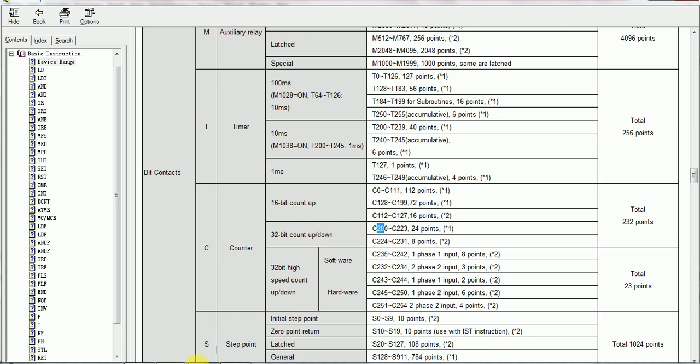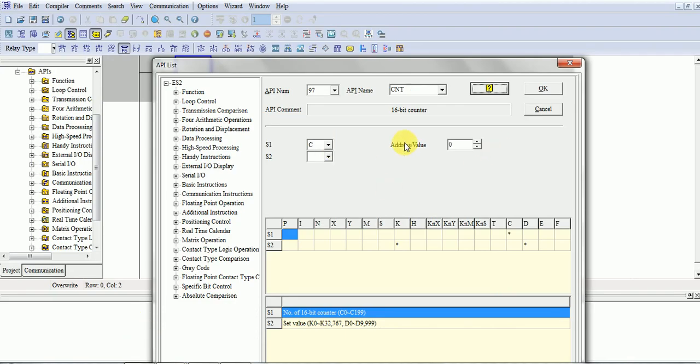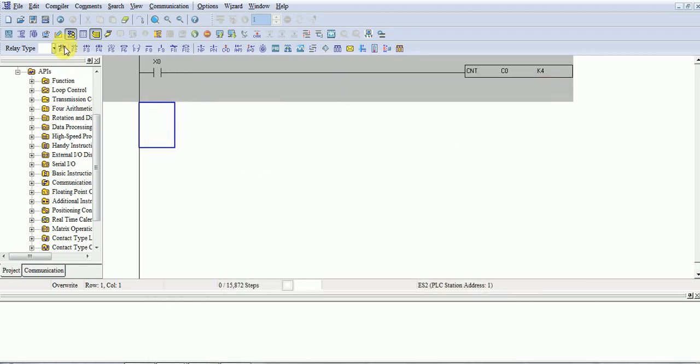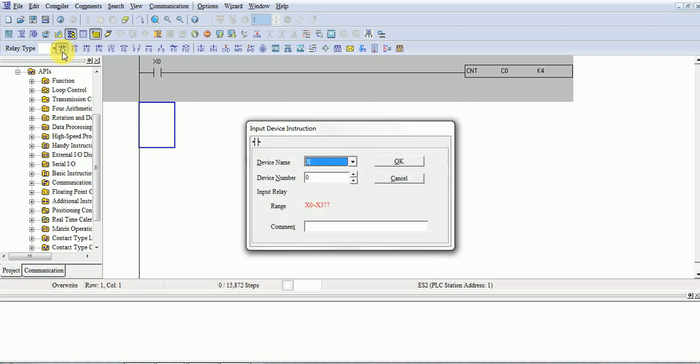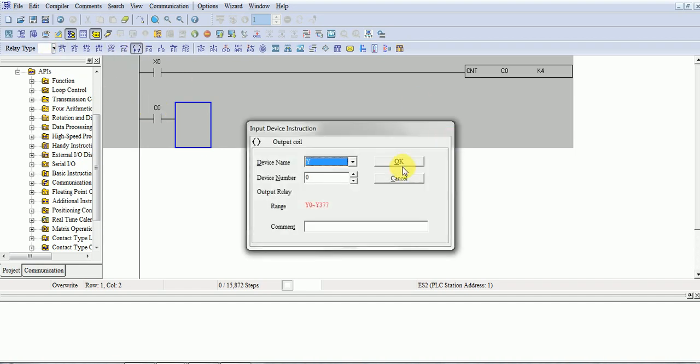Okay, let's come again to the software, and I will take C0 and take any value, K4. Now use the counter output C0 as the input for any output, likewise here.